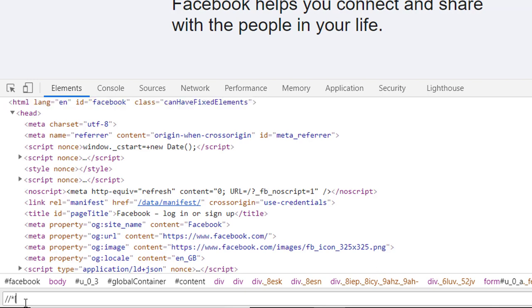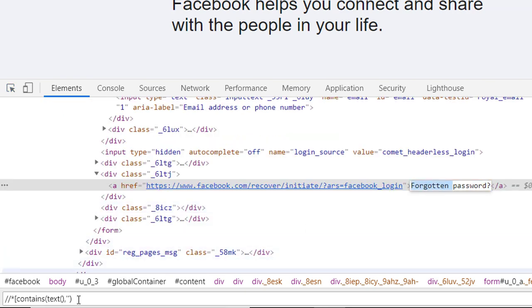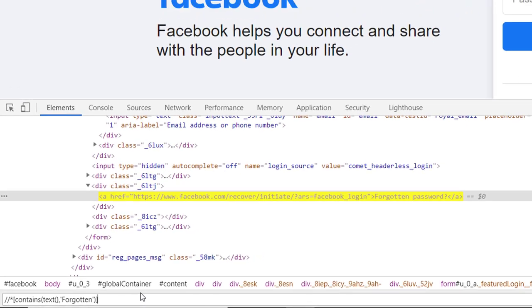Let me first show you with the star, and we can use contains. In contains we can provide the text. It's a text method, I'll show you how we can use it, but for now let us consider it. We need to put forgotten in here and then close the bracket.